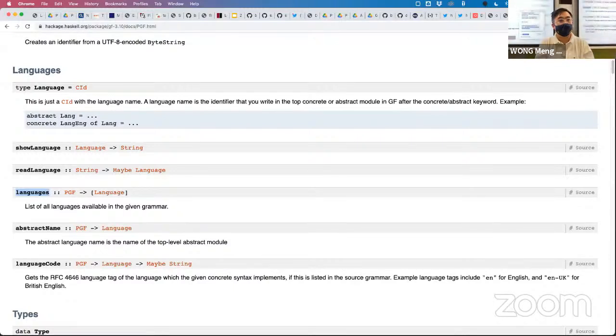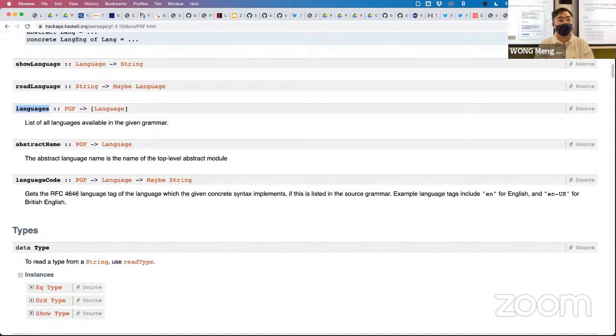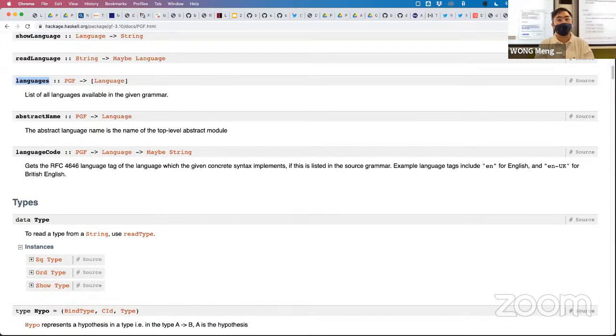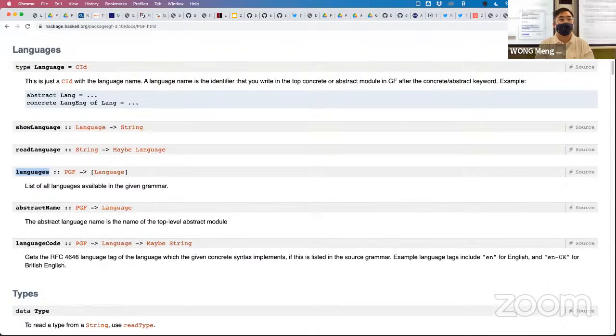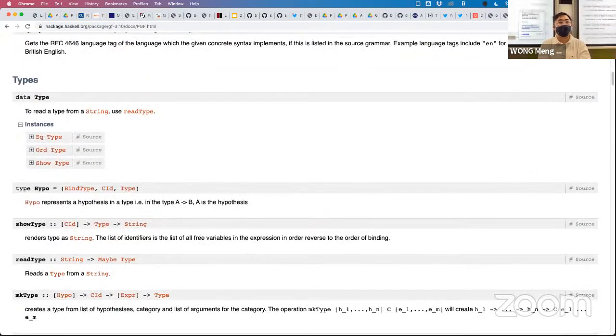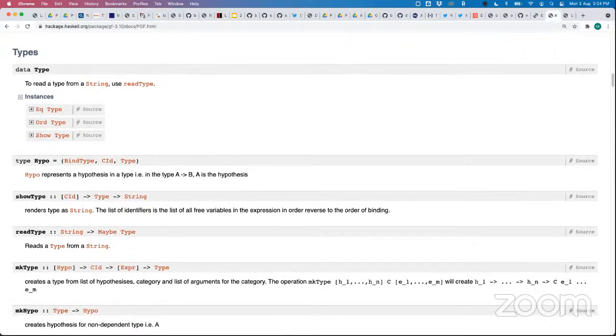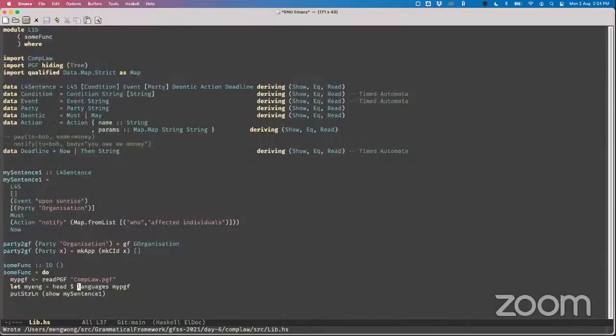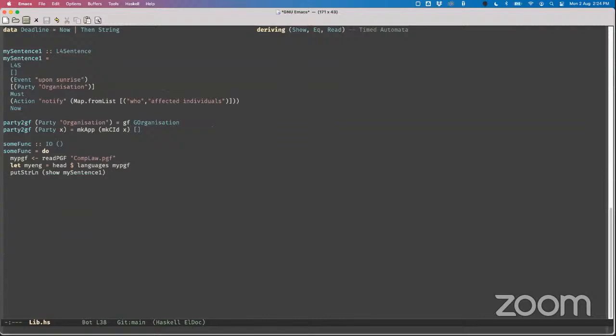Okay. Oh yeah, and the tree is the same as expr. It's just a synonym. So now what you can do is put strlen, or you can make it also like let